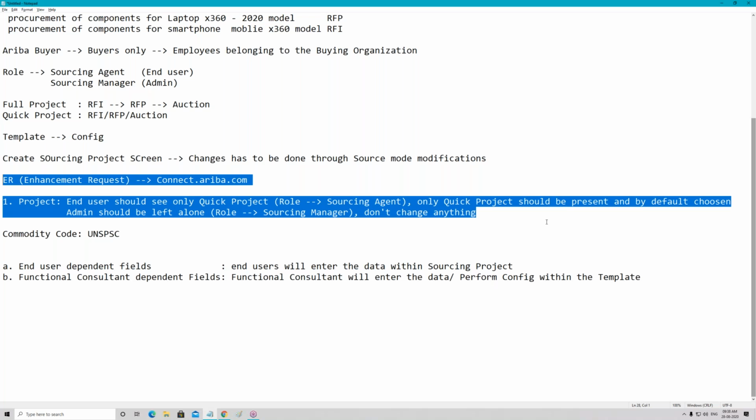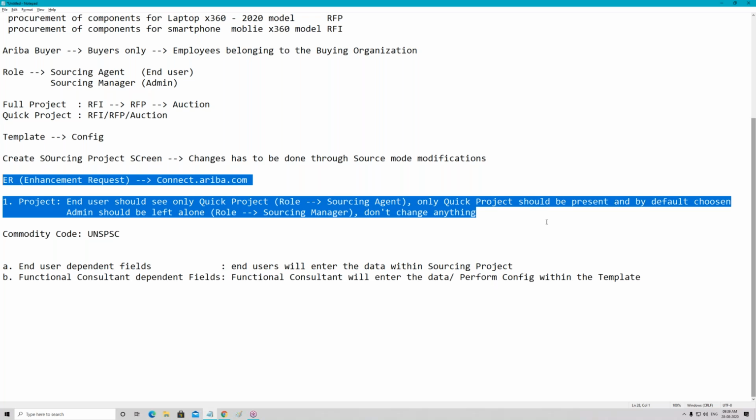My point is that most of the Ariba functional consultants don't know enough configuration options. They don't know the full design approach. If you go through a demo session, you will understand most of them come from the ERP background. They understand Ariba as the same as ERP. They have some theoretical knowledge, just the different options. Then they go to the project, they face difficulty: how to do the configuration, where to do the configuration. They don't understand this. So the easy way out for them is basically this is an ER.